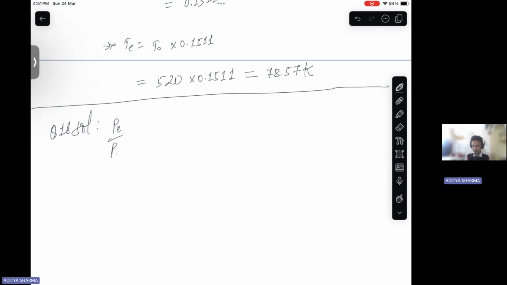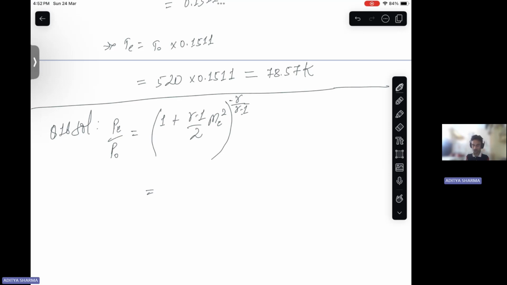So P exit by P naught is equal to (1 plus (gamma minus 1) by 2 M square) raised to minus gamma by gamma minus 1. So if we work this out,